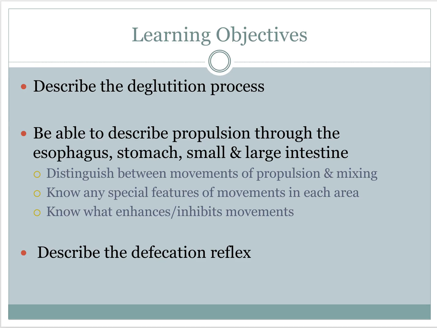So the learning objectives will start with essentially going through the different reflexes and the different propulsatory movements. So we'll start in the mouth with deglutition, which is the chewing and swallowing response, part automatic and part under your conscious control. And then we'll describe propulsion through the variety of other anatomical structures down from the mouth. So the esophagus, stomach, small and large intestine, and we'll make sure we know the propulsive and mixing movements in